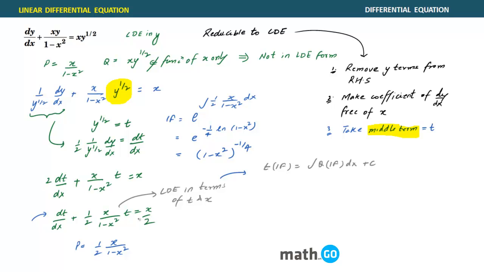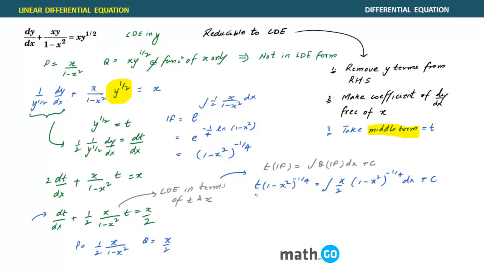Remember, it is still in terms of t, not in terms of y. We'll come to that, how we'll convert to t. So you will say t into the integrating factor, that is this particular quantity. Q is nothing but, what is the value of q here? Q is x by 2. So it is x by 2 into 1 minus x square raised to power minus 1 by 4 dx plus